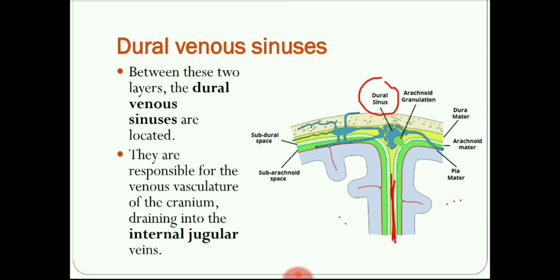Again, these venous sinuses are very important clinically. Here is one image showing the dural venous sinuses, how they are formed by these two layers of the dura mater, and here is the arachnoid granulation,